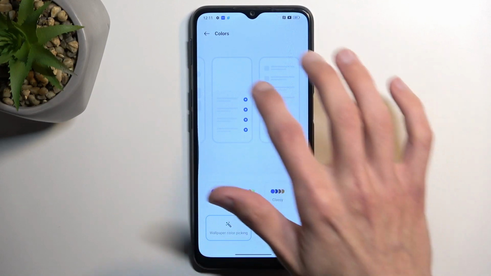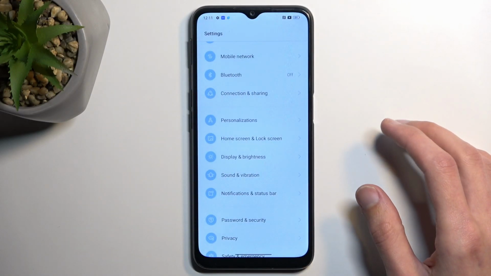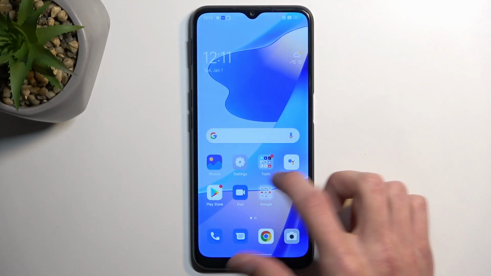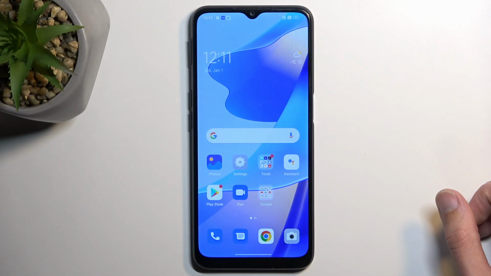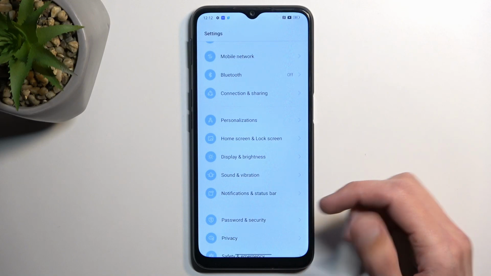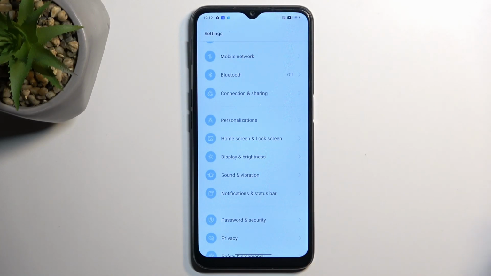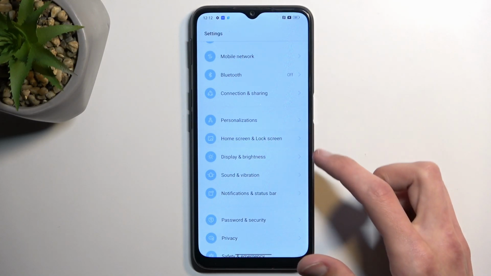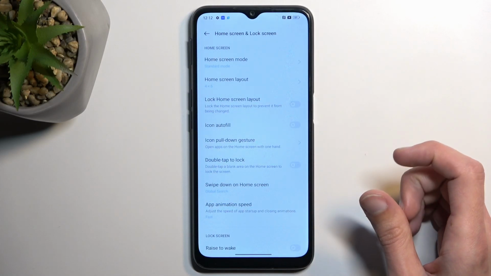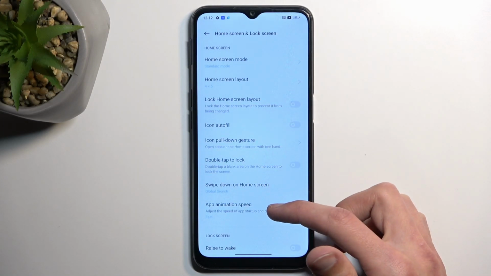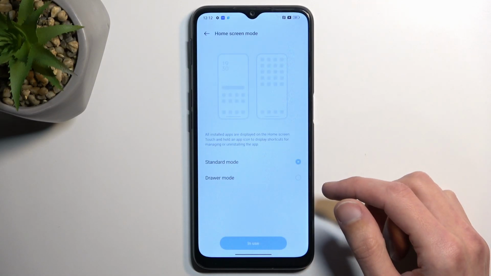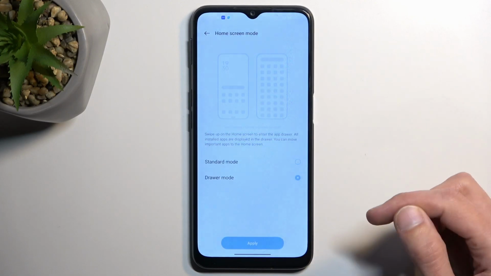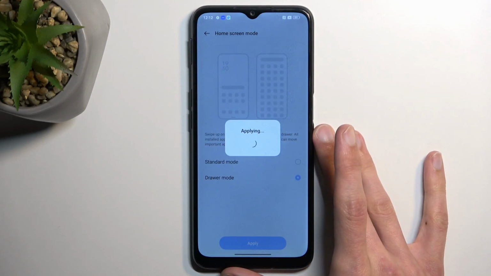Anyway, moving on to the next option, it's going to be the drawer mode. By default, the phone comes with kind of an iPhone feel, with all your icons smack in the middle of the home screen and no drawer. So if you want to get that back, because this is after all an Android, you will navigate into home screen, and then we're going to navigate to, there we go, home screen mode, the first thing, and we have drawer mode. Apply, switch,